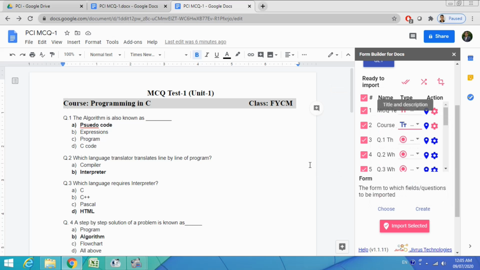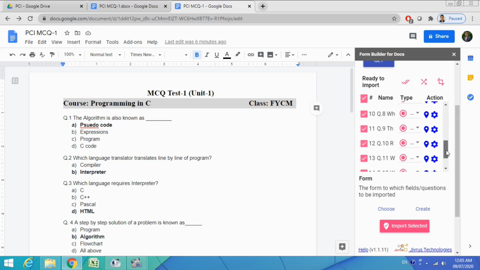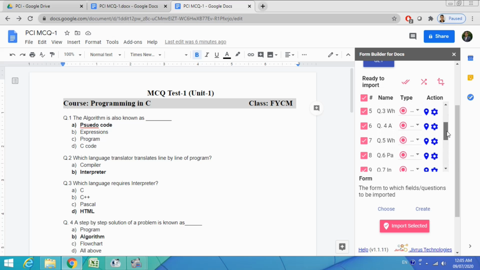Select it. Like this I have marked the first 2 lines as title, and from the 3rd line onwards my question number 1 is starting, and it is a multiple choice question already imported. So all these questions are imported here.